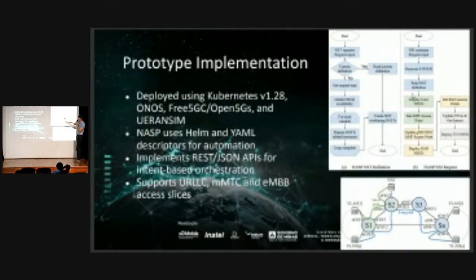We use ONOS for the control of the transport domain. We need different controllers in different domains. For example, in Open RAN, we use the near-real-time RIC and non-real-time RIC controllers for the orchestration and management of this domain. ONOS in the transport, and in the core, using Kubernetes only.